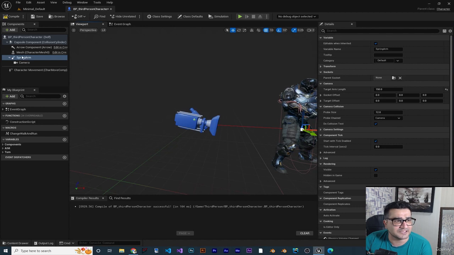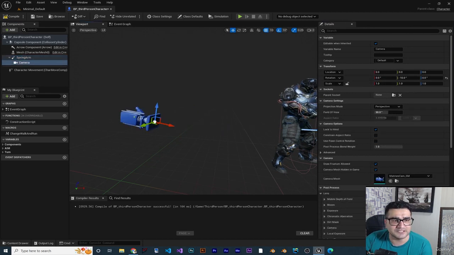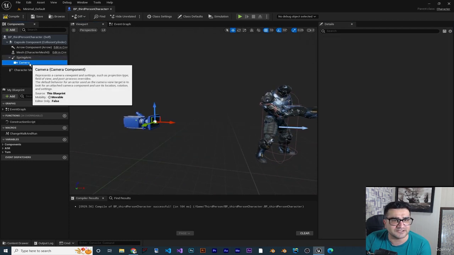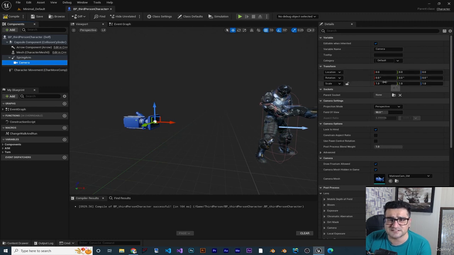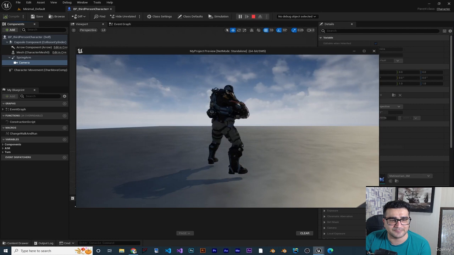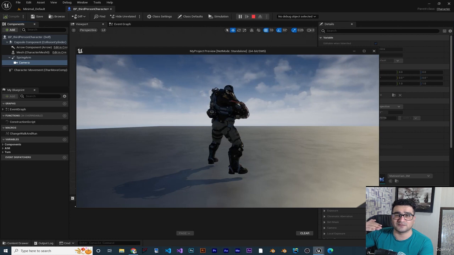For example, if I again click on our spring arm and change the arm length to 300 again, and again click on our camera, I don't want it to be rotated. So let's put rotation at 0 again. Now it's at the default location. Spring arm length is 300 and camera is at 0, 0, 0 location and 0, 0, 0 for rotation, right? Let's compile, and now if we play our game, you can see we are looking at the back of our character, but we want to move our camera up a little bit, but not changing the camera location,